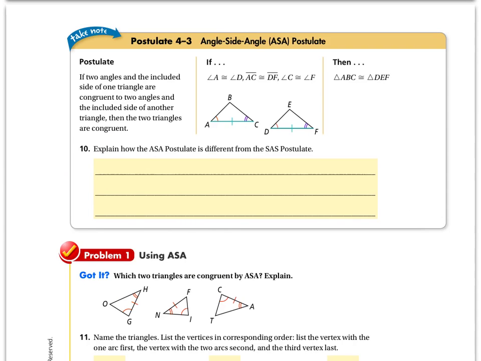First, let's take a look at what Postulate 4.3, Angle-Side-Angle postulate says. If two angles and the included side of one triangle are congruent to two angles and the included side of another triangle, then the two triangles are congruent. So basically what they're telling you